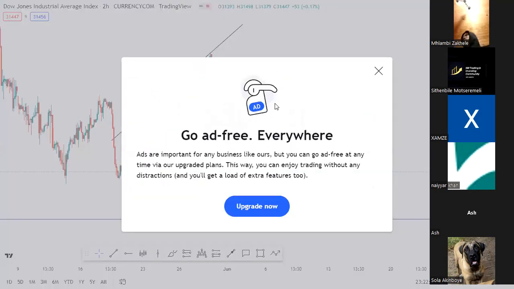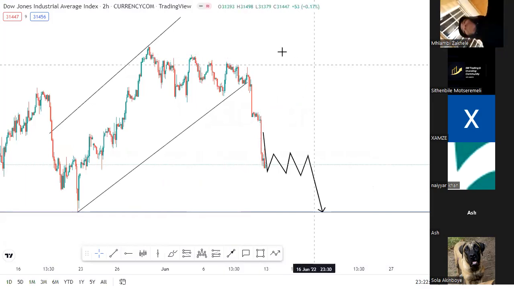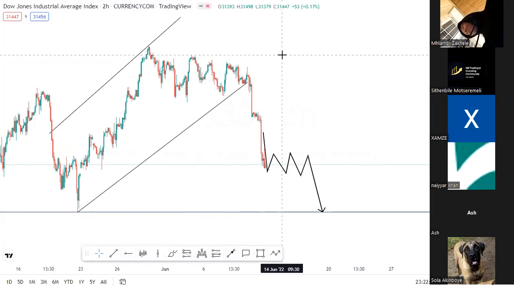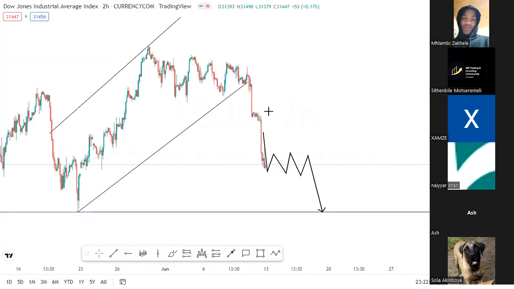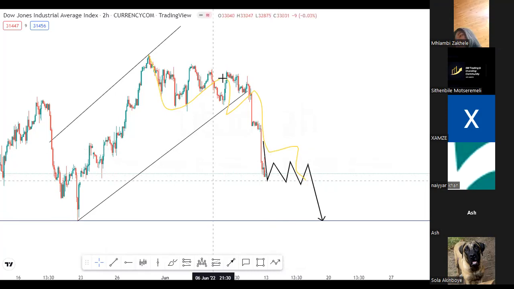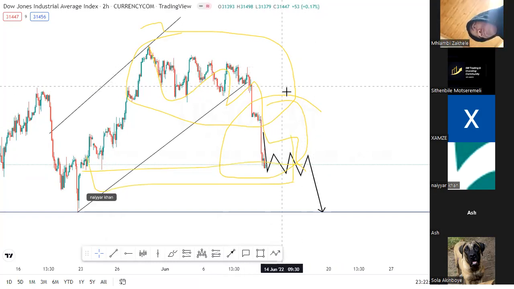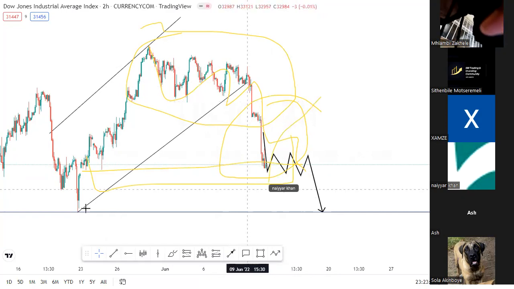I have some questions on this one. For what I know in the Falcon strategy, can you please close this thing? So like I was telling you, this is basically a move to the downside. Around 80% is a corrective phase, and we have only 20% as an impulsive phase. So it can also create a double bottom over here, and we can look for the buys. And if you zoom out, it can be.